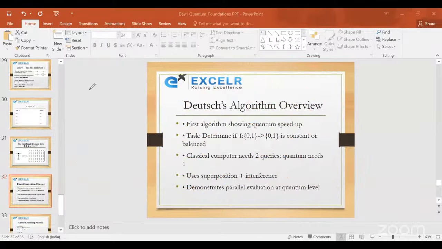So what exactly are we doing in the Deutsch algorithm? We will have superposition states, and superposition states are only and only formed by the Hadamard gate. So this will be our starting point in all three algorithms, that is Deutsch, Grover's, and Shor's algorithm. All three algorithms are pointing towards the